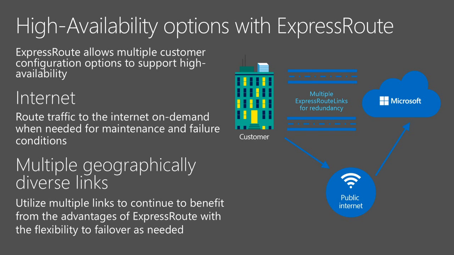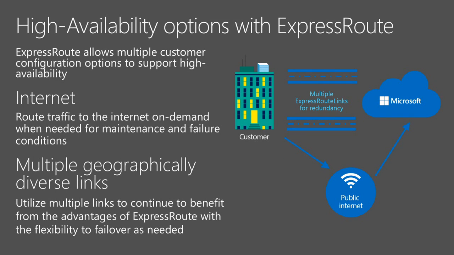So while I'm talking about high availability here, there's one other option that you have with Azure ExpressRoute, which isn't common for these direct connectivity network connections, and that is we allow you to have multiple ExpressRoute connections into Microsoft, and you can have those on a single Azure subscription. So you can actually have connectivity from multiple geographic locations, or potentially from the same location on multiple network operators